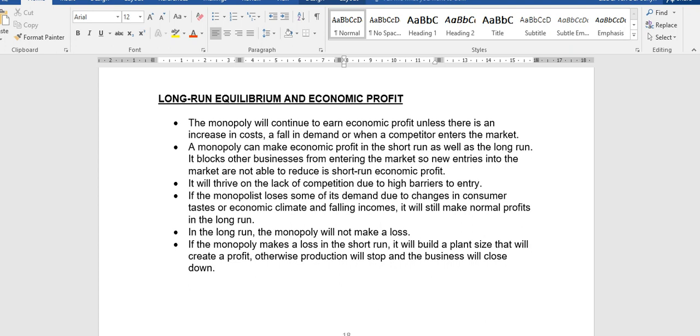Okay, remember, he's not going to shut down. Shut down is a temporary situation. Shut down is something that happens more in the perfect market, because in the perfect market, they don't have control over the price. The purpose of shutdown is to wait for the market to fix the price. In the monopoly is the market. Okay, he can't shut down and wait for the market to fix the price. He is the market. He has to fix the price. So shutdown is unlikely for the monopolist.